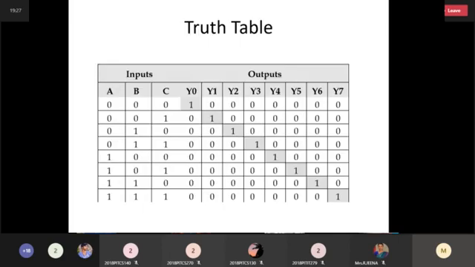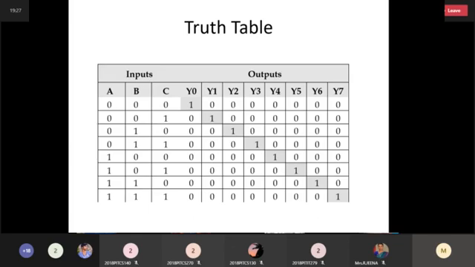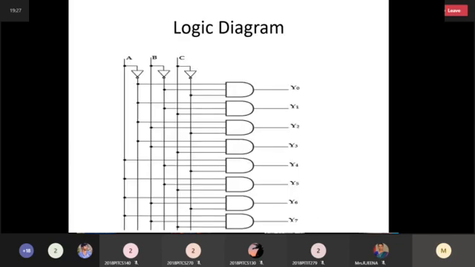Next one: A, B complement, C complement. So here consider A, B complement and C complement. Next one is A and C as normal variables, B as the complement. Next one is A and B as normal variables, C as the complement. Next one is A, B, C all normal variables. Okay, now we will understand. This is very, very simple.